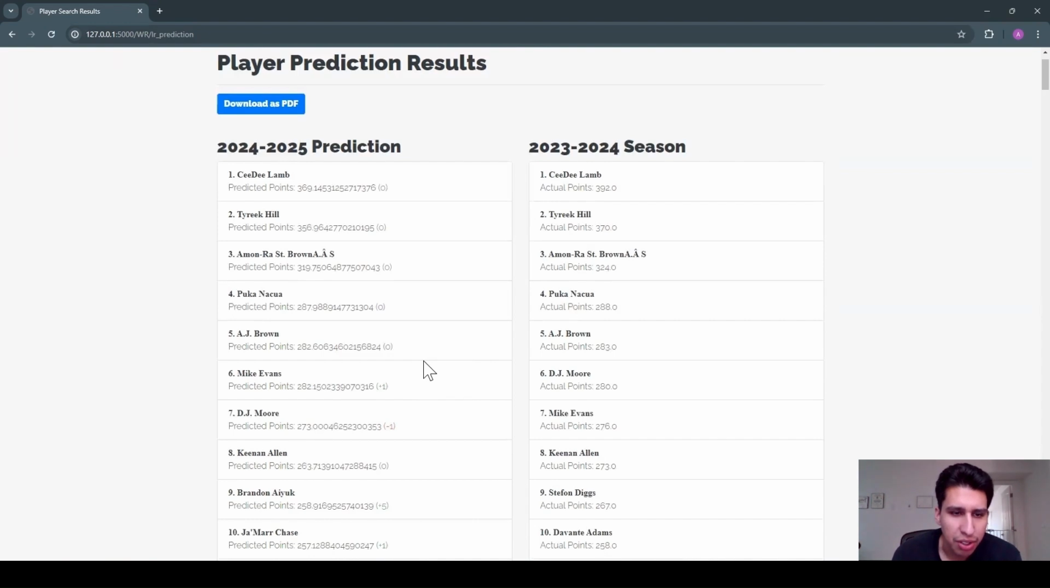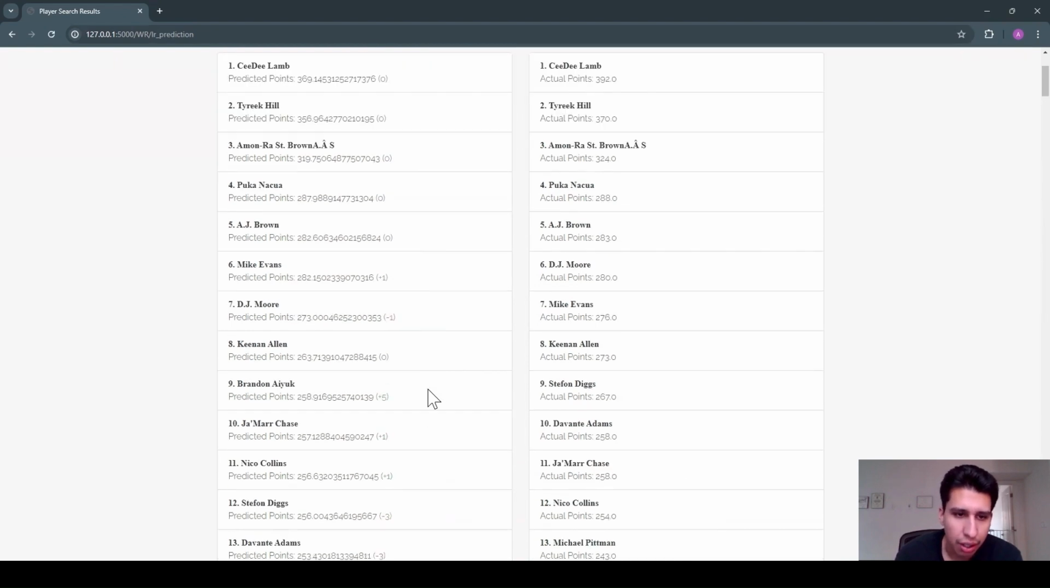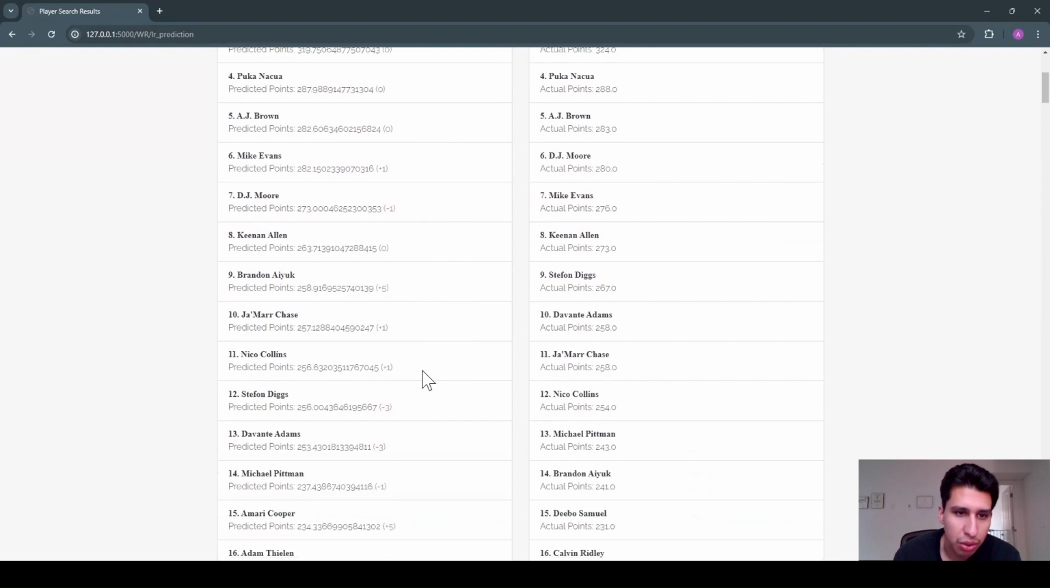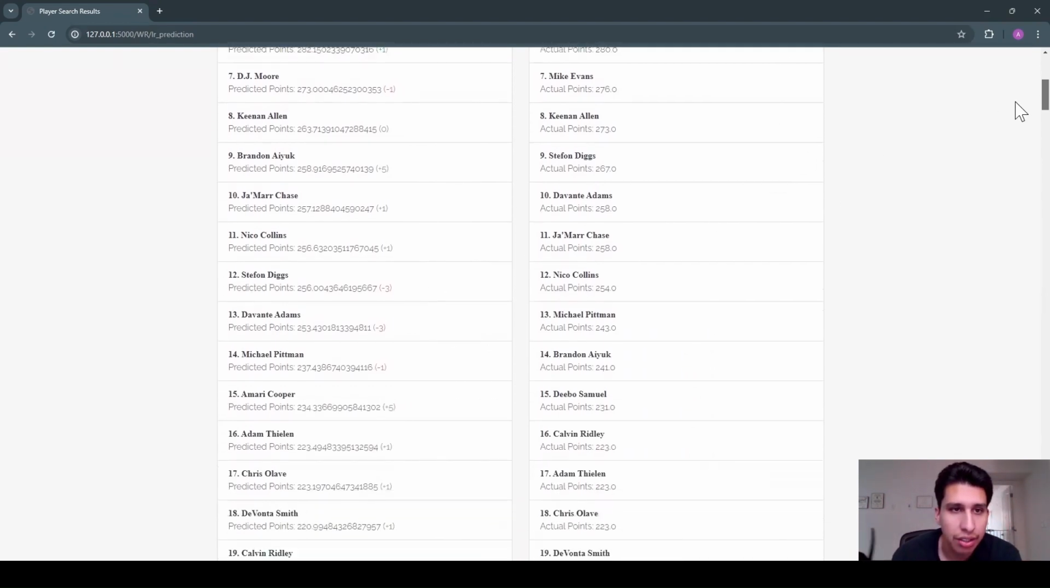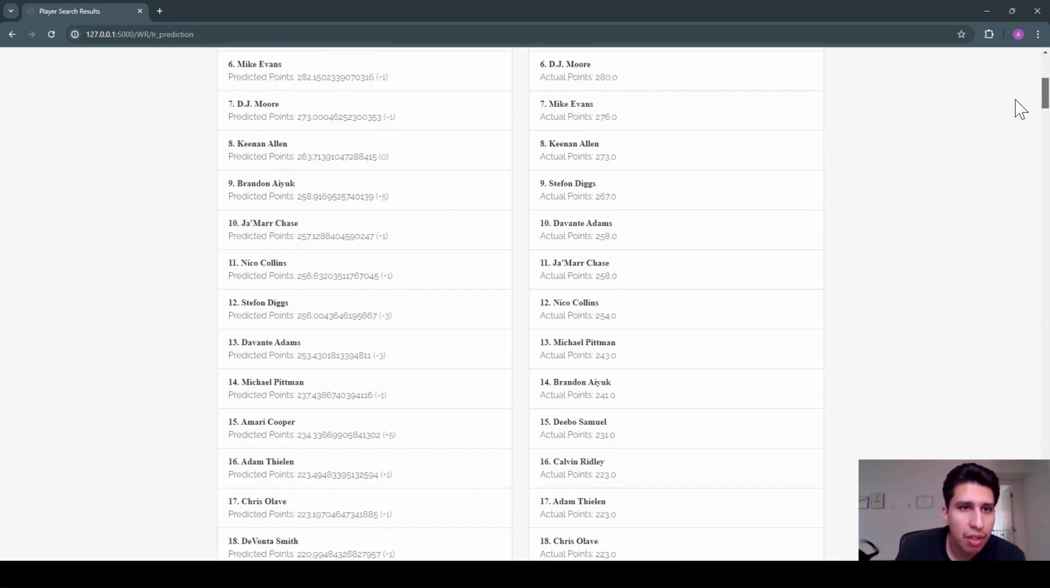Number six, Mike Evans. Number seven, DJ Moore. Number eight, Keenan Allen. Number nine, Brandon Aiyuk. Number 10, Ja'Marr Chase. I think number 11, Nico Collins. Number 12, Stefon Diggs. I think the thing to point out here is that Mike Evans and DJ Moore